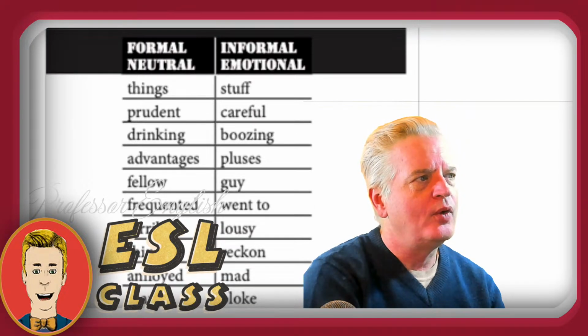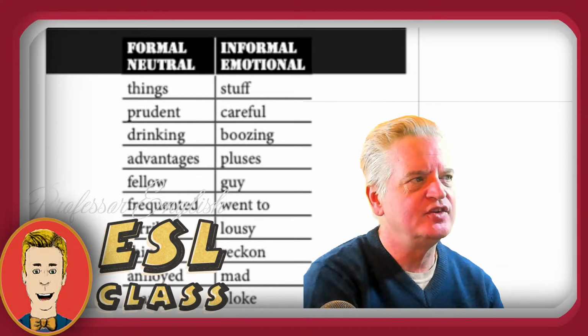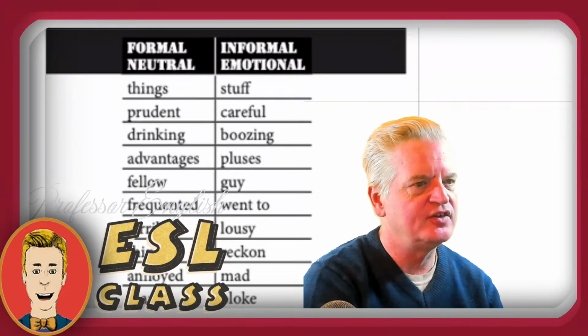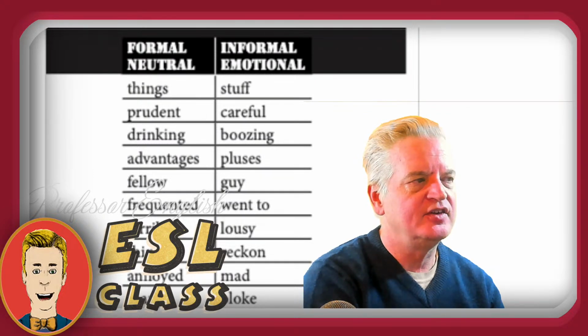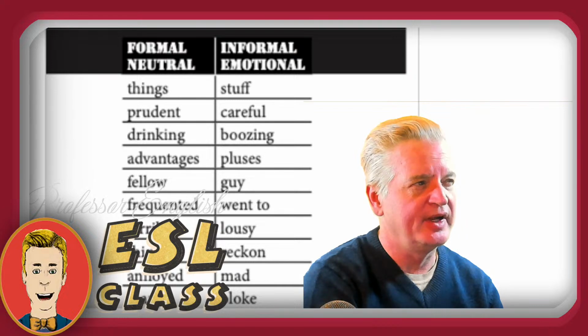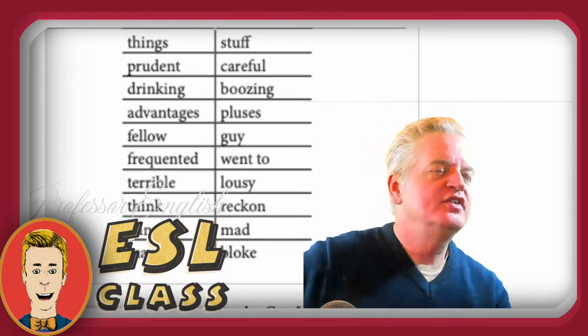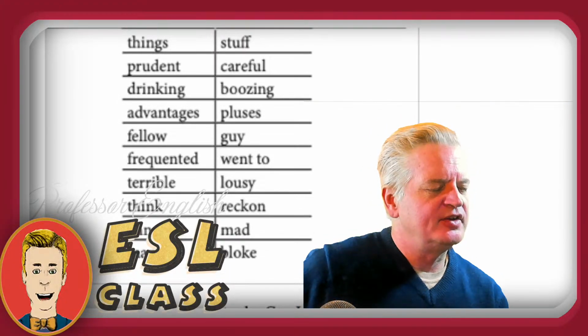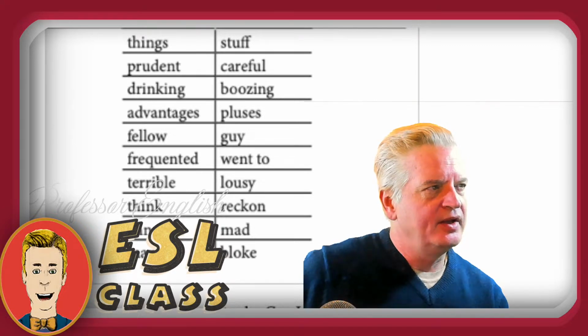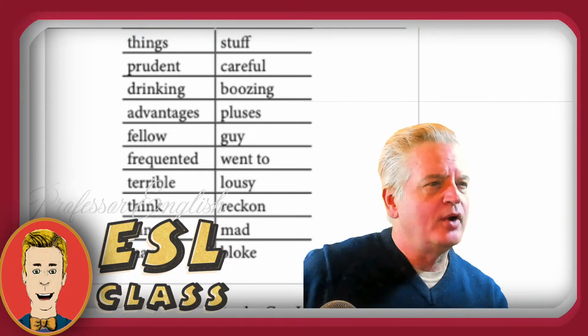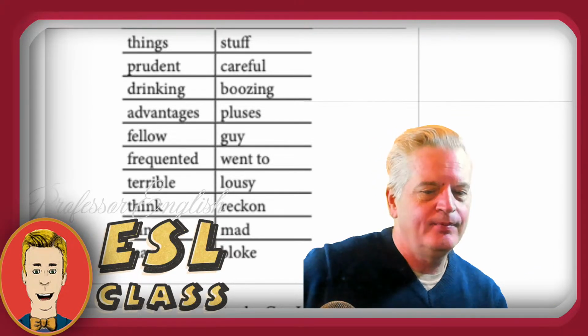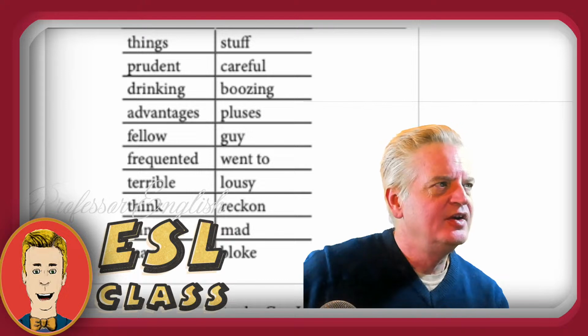So we go through, or sometimes I think I added this neutral and emotional because I think that's true. That some of these words sound more emotional, and some of these words just sound neutral or boring. Sometimes it's about formality, and sometimes it's about feeling. Okay, so maybe you don't know all of these words. We'll go through them. I don't always agree with these pairs, but this is what the book said that I had to teach. So we have things and stuff. Both of those things mean the same thing.